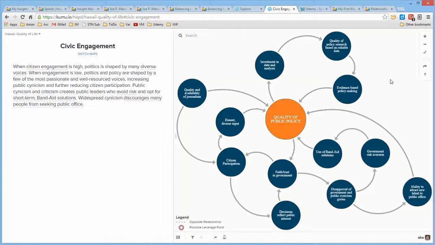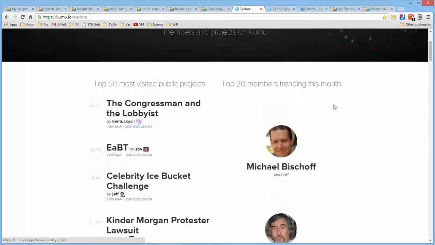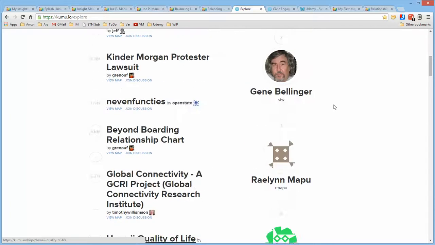So if you want to create something that is extremely elaborate, or if you want to create an environment where you want to collaborate amongst a number of people and develop a model, the Kumu environment is very good for that, because it provides the ability to also have